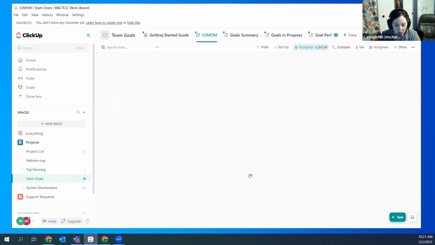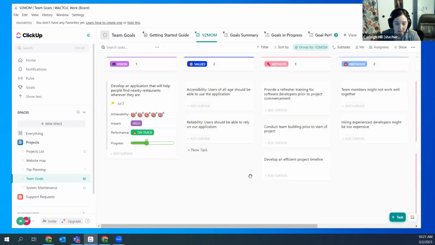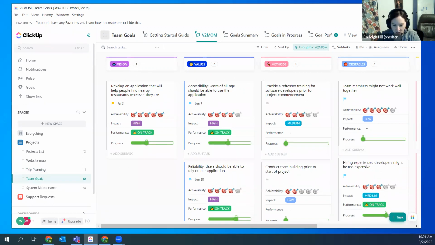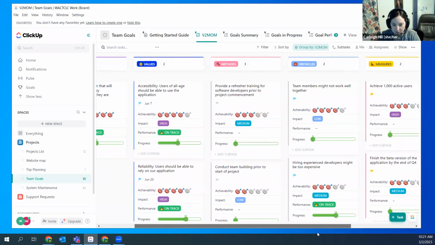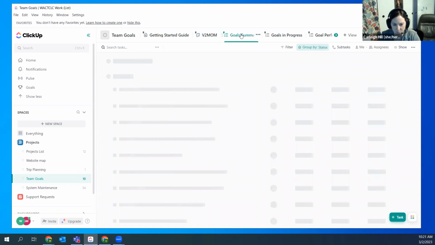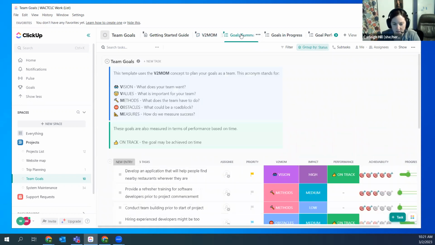I thought this would be a good one. I was trying to see what this V2 Mom thing was. Somebody was talking about it, so I just grabbed one of their templates. It's an employee evaluation and development tool. So sorry. Yeah, so anyway,